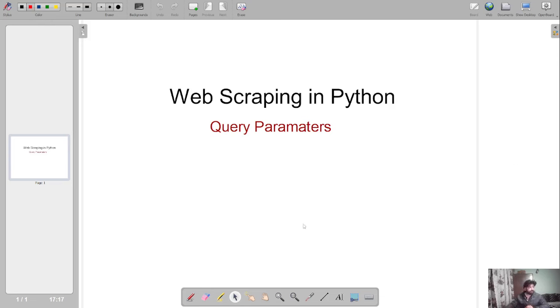So let's move to my desktop and see how practically we can address the problems coming up when web scraping happens, and we can use query parameters to solve that. First of all, I'll begin by showing you what is actually a query parameter and how it looks like. So let's go to my desktop